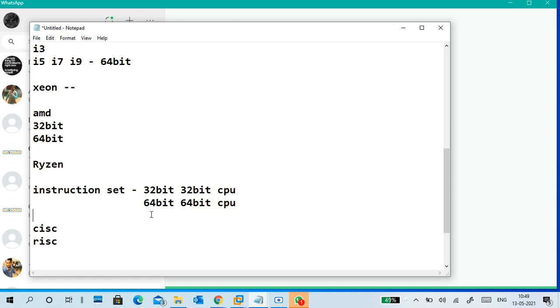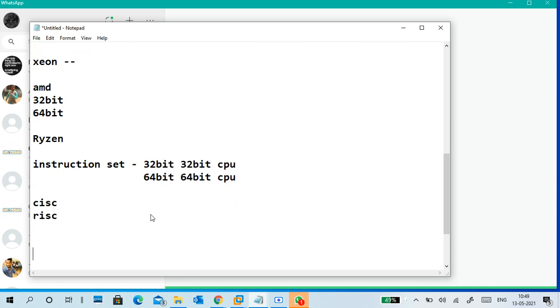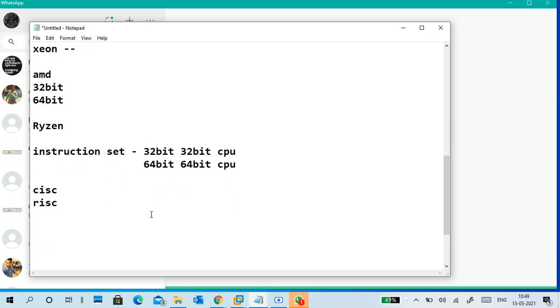So internally the CPU also has some instructions. Internally the CPU also has instructions, that's why we call it CISC and RISC. Okay, for example, VT-x virtualization, or AMD-V in AMD. Okay, SSE, mobile related ones, and so many instructions are there.